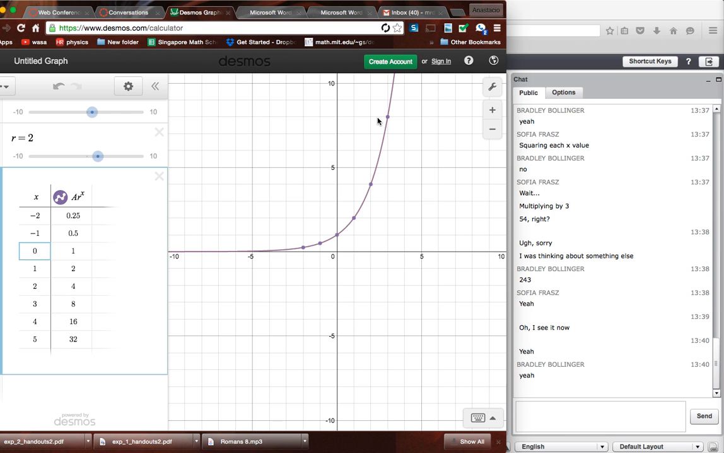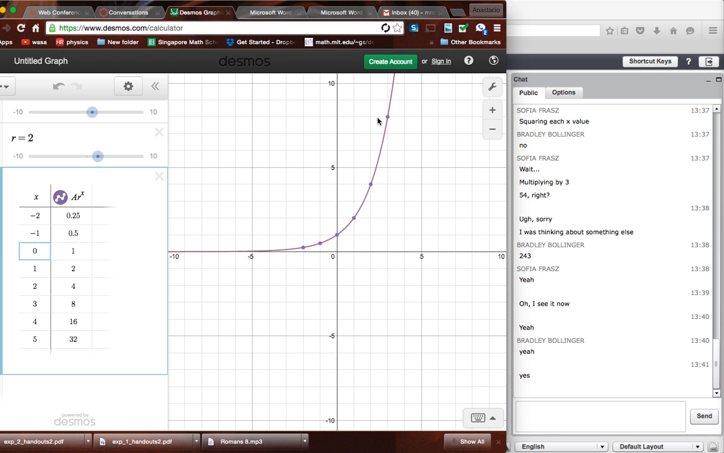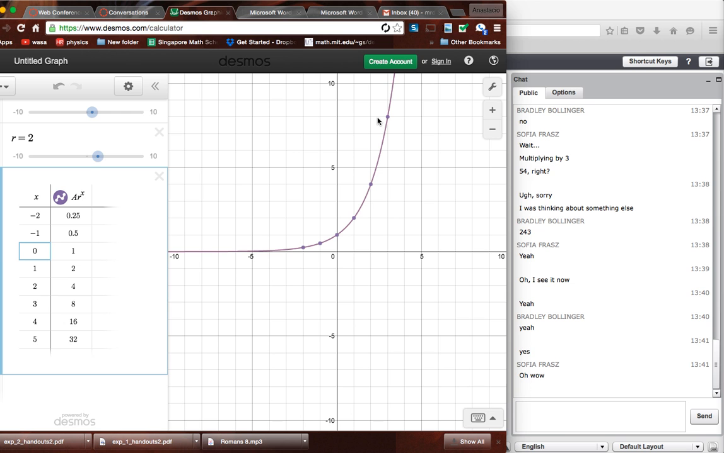Now, here's the big thing. Bradley, I know that you want to be an anesthesiologist, okay? And the reason why we're studying this kind of stuff is because this is the way bacteria grows. If I were to graph how rabbits reproduce, and if I had rabbits inside of a room,